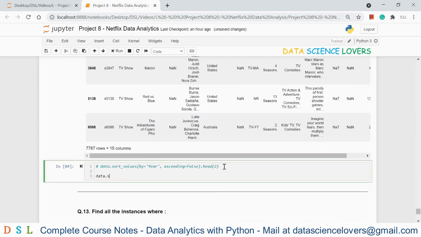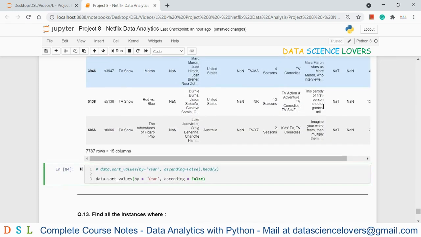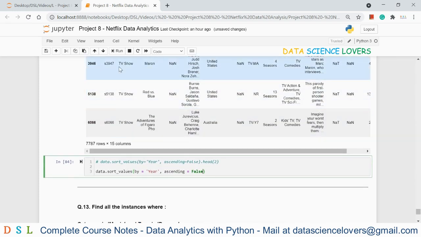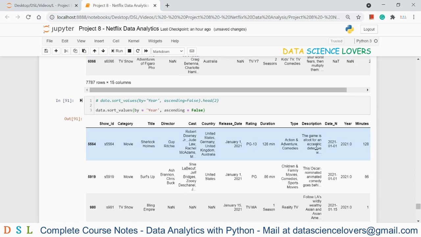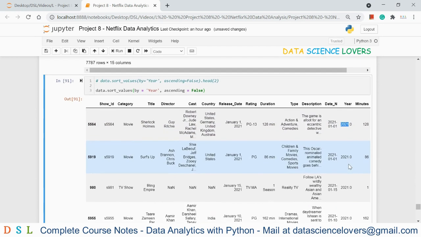So I will again use the sort value function, then I will use my column name by which I want to sort, and with this I can write ascending equal to false. I am writing ascending equal to false because we have to sort in the reverse order, means in the descending order. If I run this, then you can see now the year 2021 is at the top,